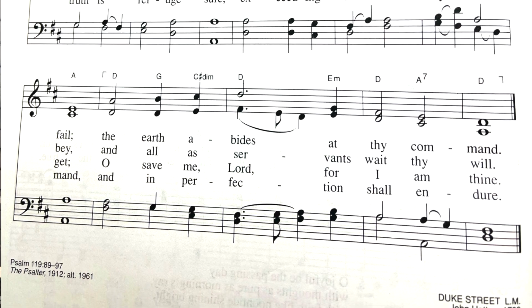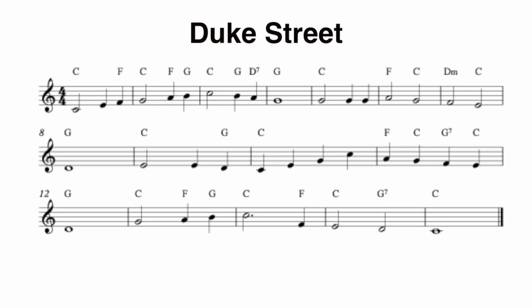Very early hymnals had nothing but text, and then the musicians would take a tune and match it to that text. They'd say, what tune shall we use with this text? Let's use Duke Street. Anyway, here's the lead sheet for Duke Street, and you can see I've got the chords already written,